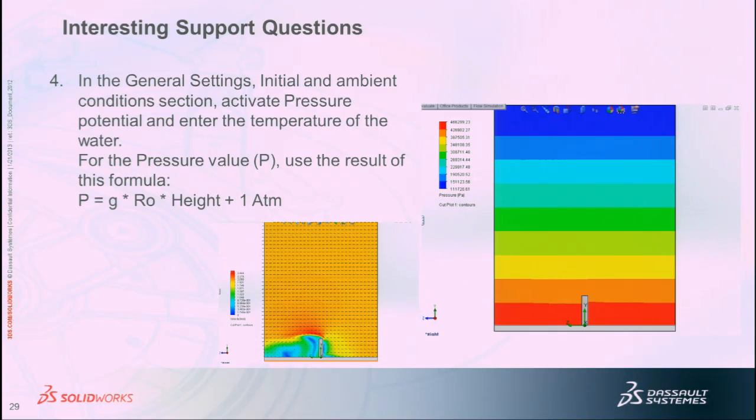Okay, and here we go. This is also in the general settings command, the initial and ambient conditions. Activate the pressure potential command. If you notice, in general settings there are initial and ambient conditions. There's actually an initial pressure and temperature, so that it can do that rho g h term that